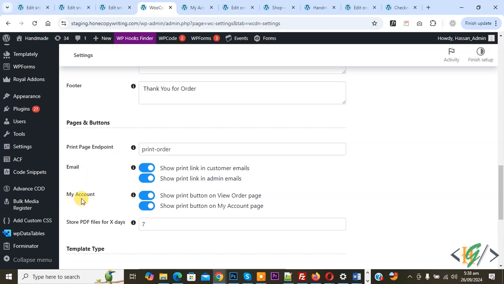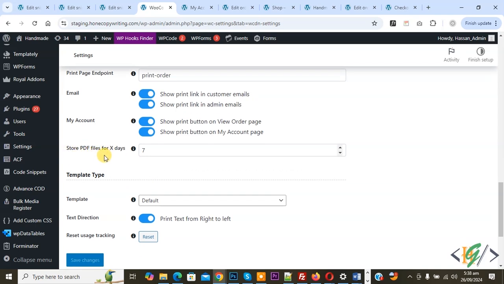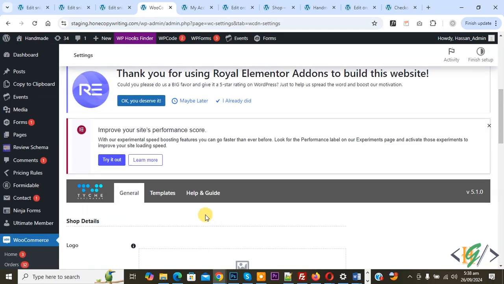Now you see my account, show print button on view order page, show print button on my account page. So we enable this option, and then you see store PDF file for X days, now 7. So we select template default and then click on save changes, and then scroll up, you see template, so click on it